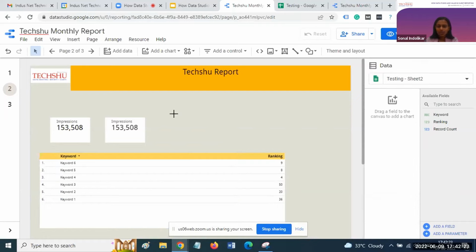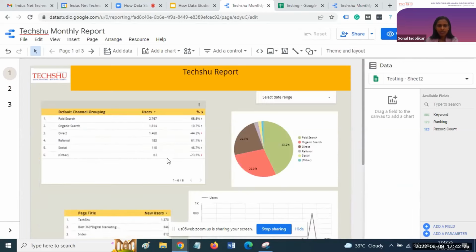Okay, now a few people have asked whether it is possible to download the tabular format data or this pie chart related data. The answer to this question is yes, we can download the tabular format data, pie chart related data, and we can download the entire report as well.